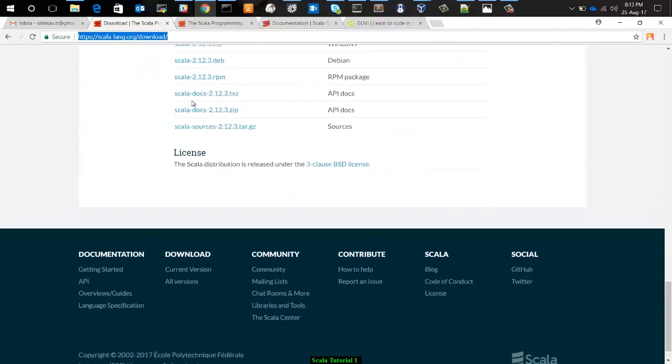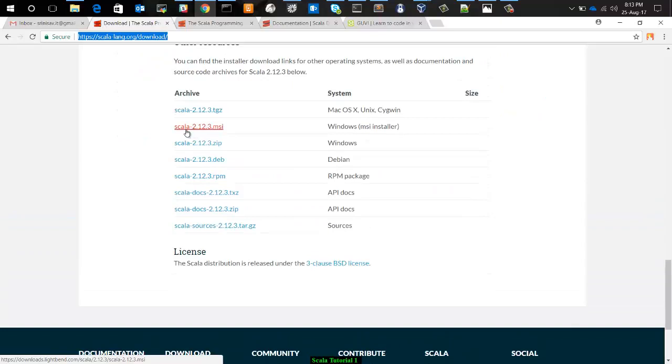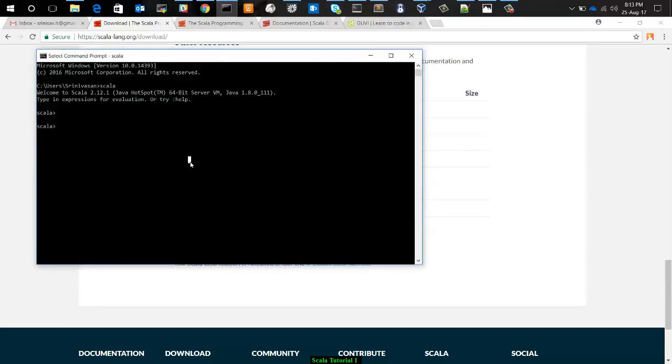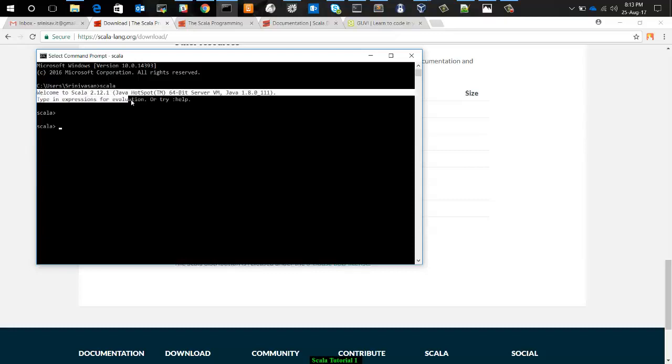There, at last, they will show a Scala 2.12.3 MSI version, which will automatically install, starting from the environment variable, and it will automatically be available in the command prompt. For example, if you type scala in your command prompt, it will automatically show the Scala version which you have installed. It will show something like Java HotSpot 64-bit Server VM,